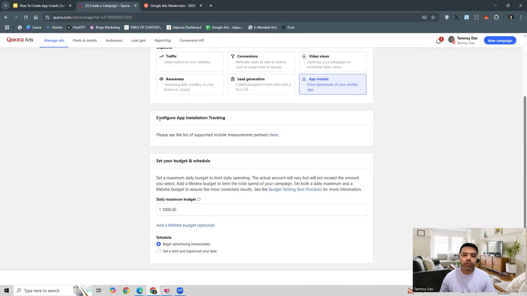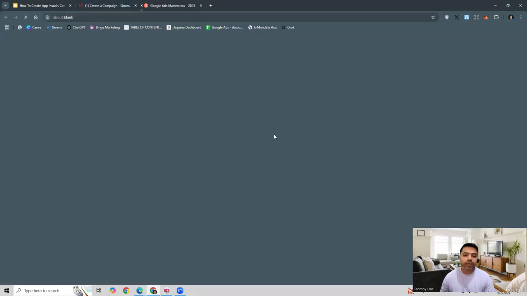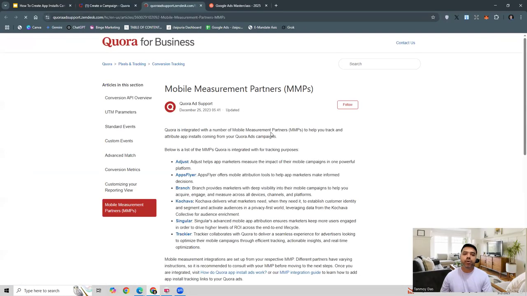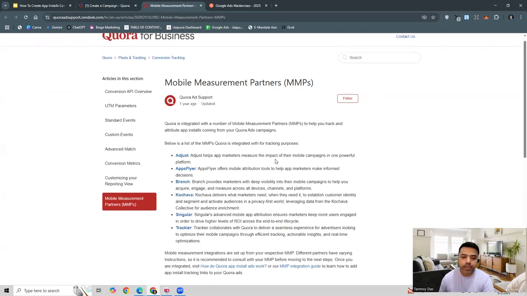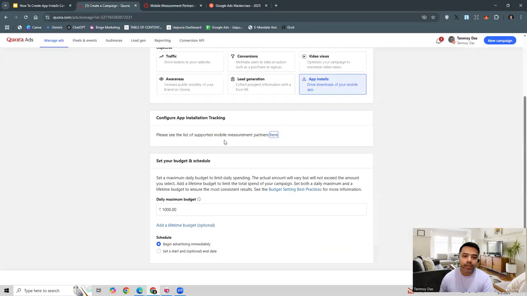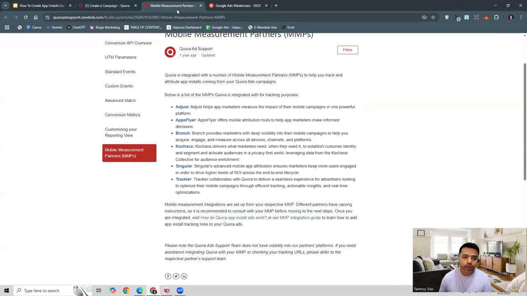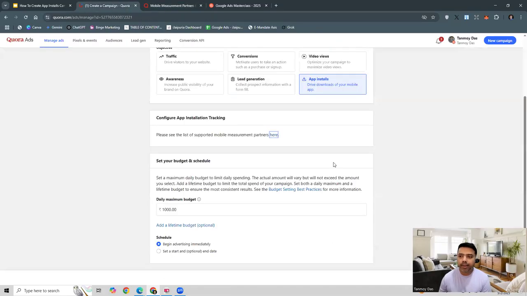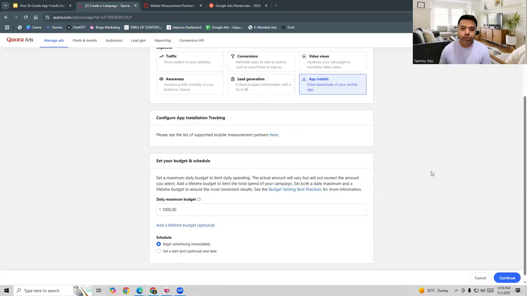Now we also need to configure the app installation tracking. For this, you can look at the different partners which Quora is tied up with. This is where the mobile measurement partners are listed. So you can choose any of these to do your mobile tracking, specifically the app installation tracking. Okay. Once this is taken care of, then we can build out the campaign in the usual manner